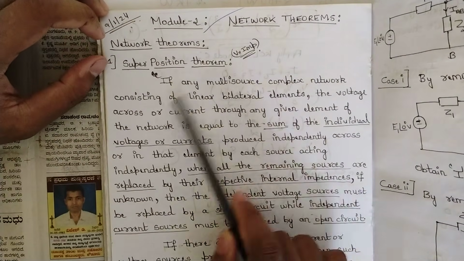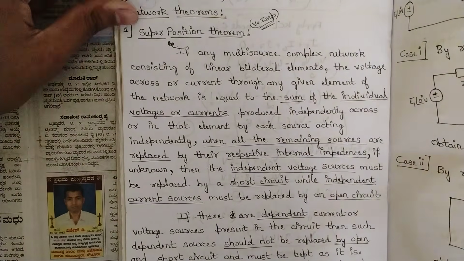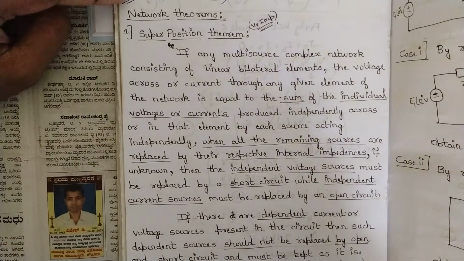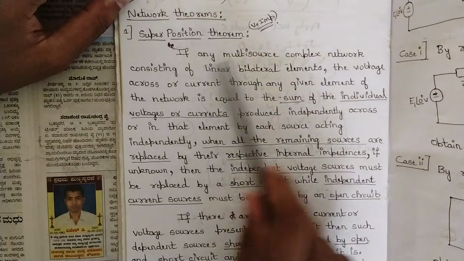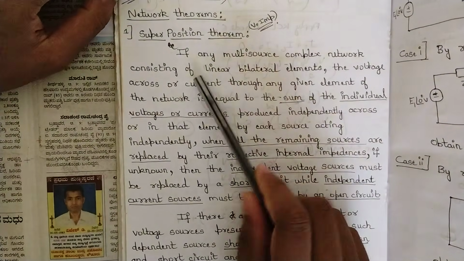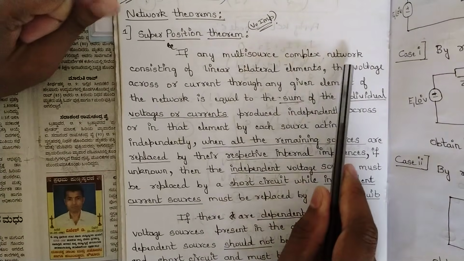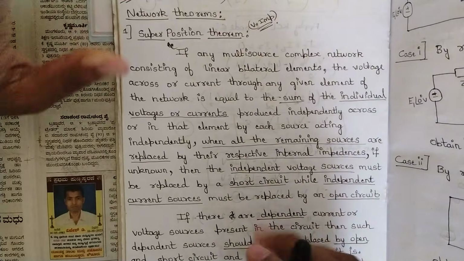The statement of the superposition theorem also carries marks, guys. If they ask for the statement along with its proof, sometimes, you should write it very clearly. That's why I've written it here, and I'm going to read it to you now. The statement says that if any multi-source complex network consisting of linear bilateral elements,